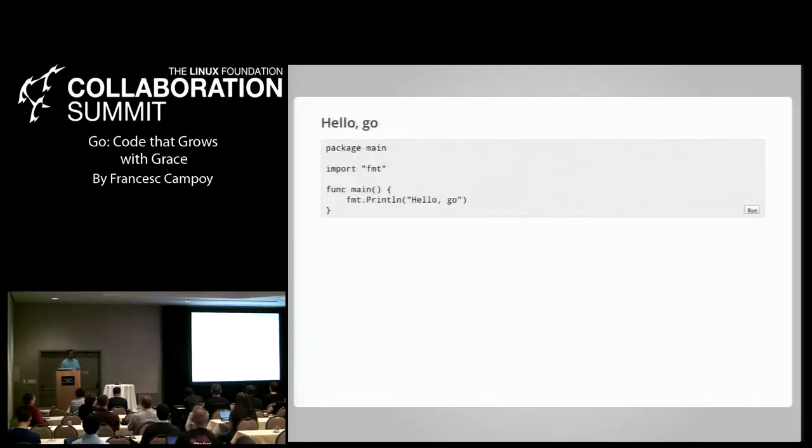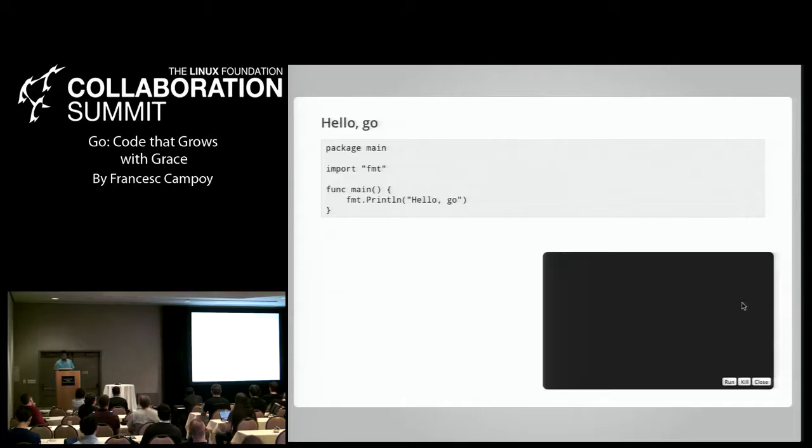So first of all, to be very original and surprise you, a Hello World example. I guess that most of you have already seen some Go code, but basically here we're importing the fmt package, which is short for format, and we're calling the function Println from that package. So if we run that,